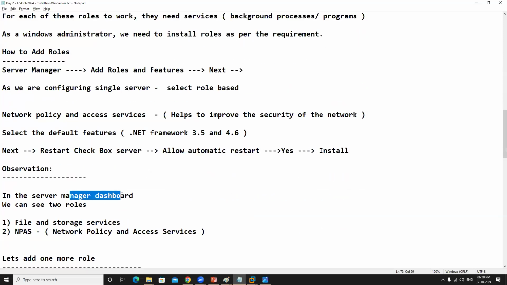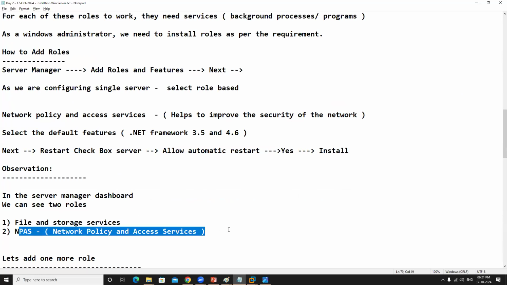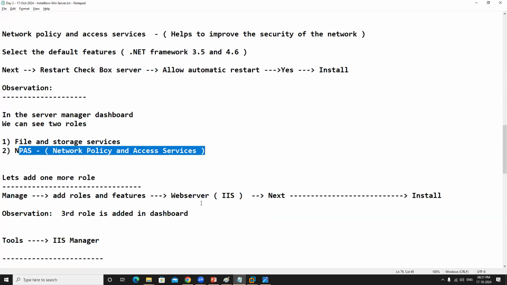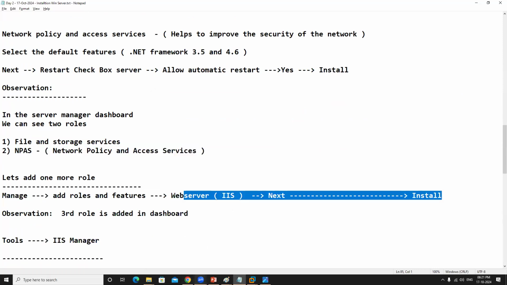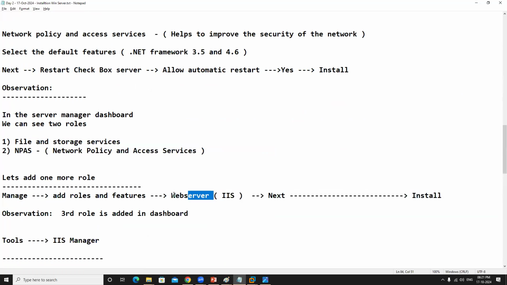Now in the server manager dashboard, yes, we can see 2 roles. One is the file and storage services. As observed, this is a default role, and this is a new role which we have just now learned. Can I add one more role? Which role I want to add? I want to add a role called IIS, Internet Information Server, a web server role. I want to use the machine as a web server. If you want to use this machine as a web server, then you have to use this particular role,